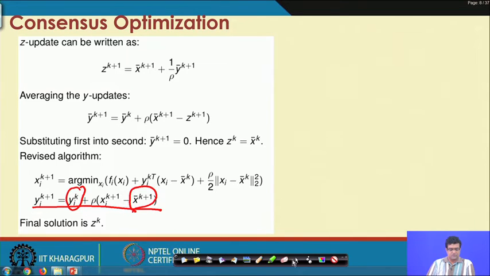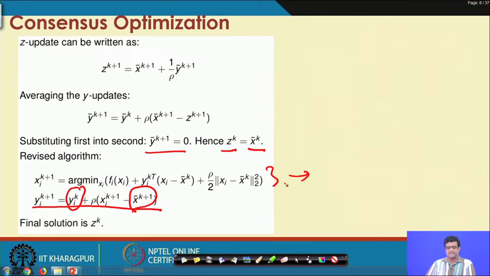So you see that into the first you get this equal to 0, and hence you get this update, and then finally when you substitute z k, which becomes equal to x k bar, into here, you get the modified x updates.